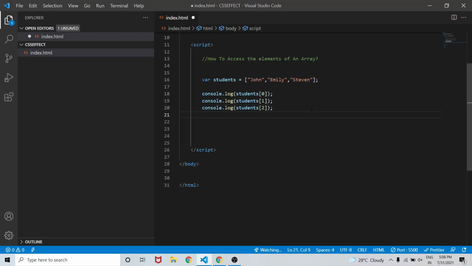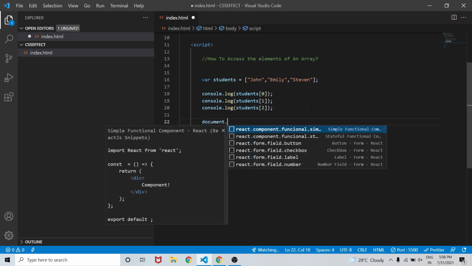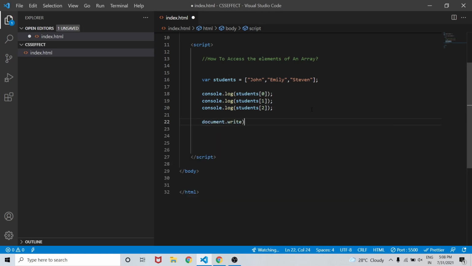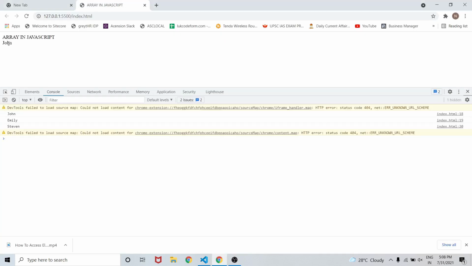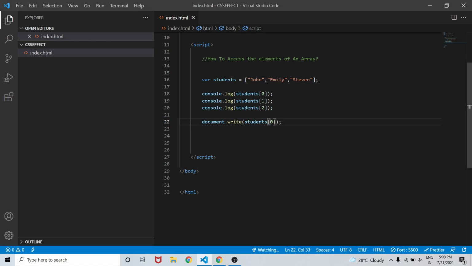So let's write document.write and pass the value students at index 0. So in the browser you will be able to see it is John. This is how we can access the elements of an array.